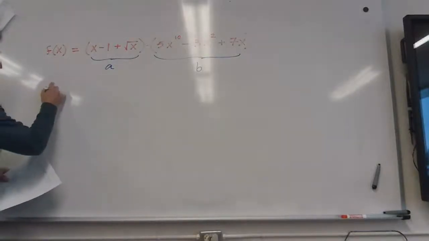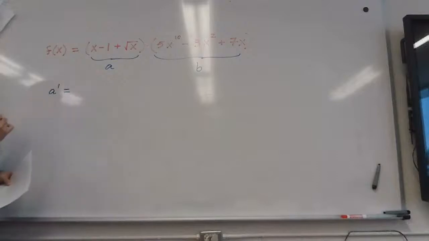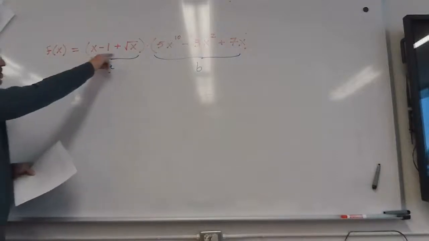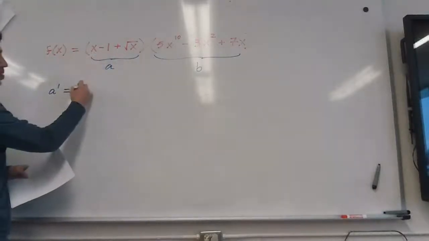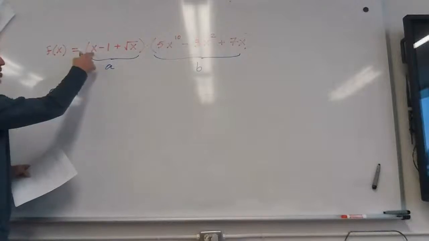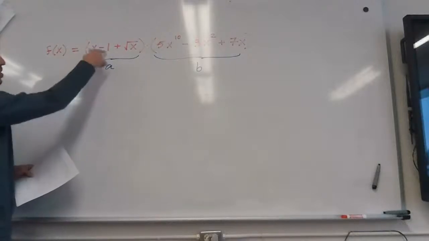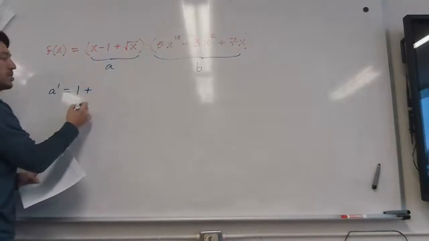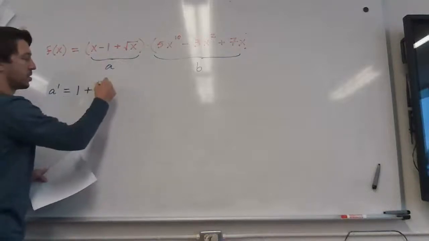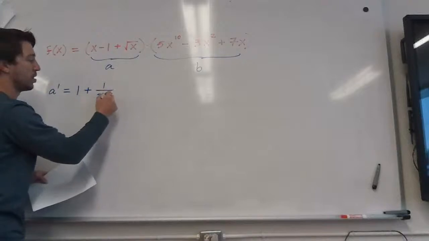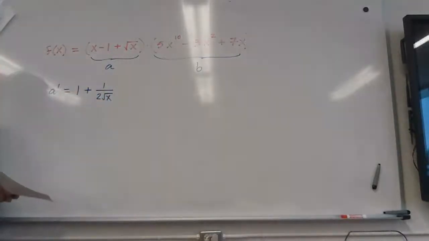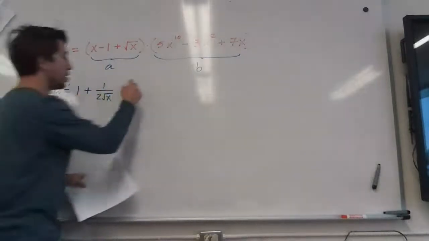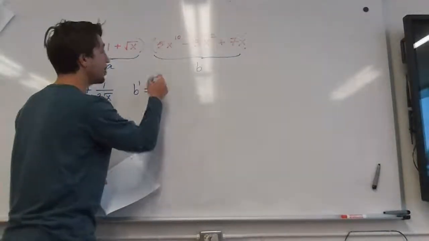So my A prime is going to be, let's take the derivative of this thing separately. 1 minus 0 plus 1/2 x to the negative 1/2, aka 1/2 root x. So that's A prime. And then B prime would be